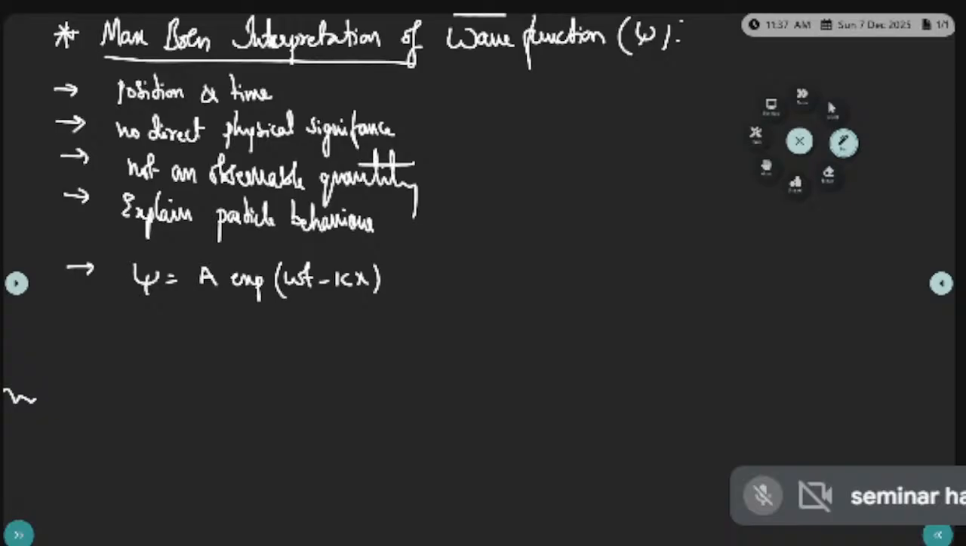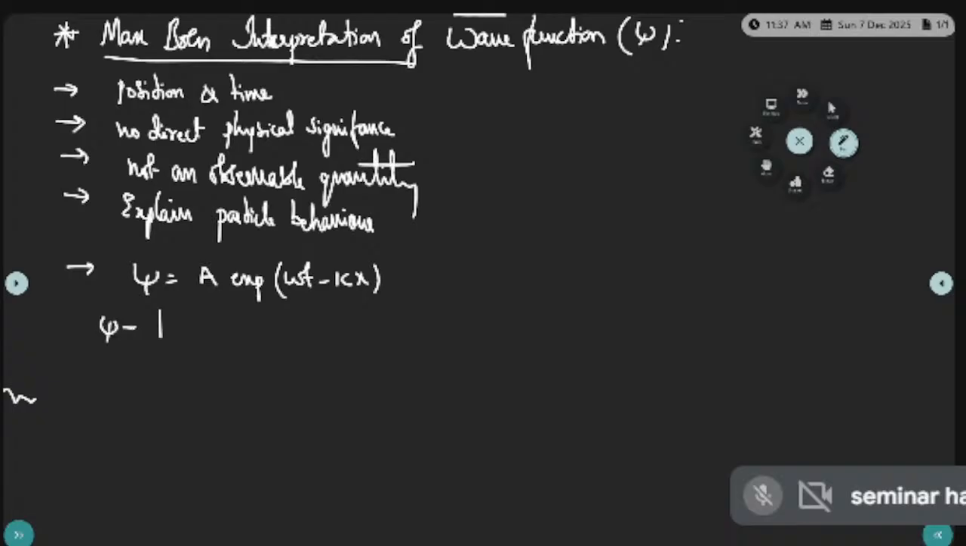Write the equation. That's it. It does not have any physical meaning. But